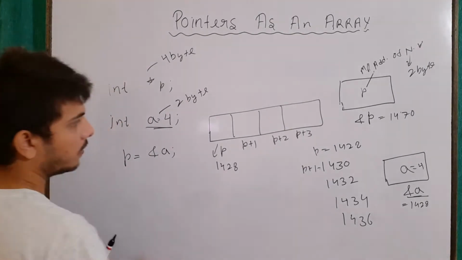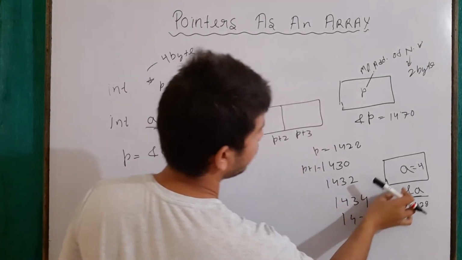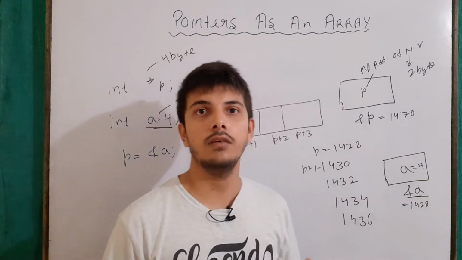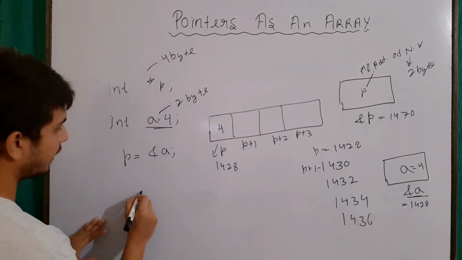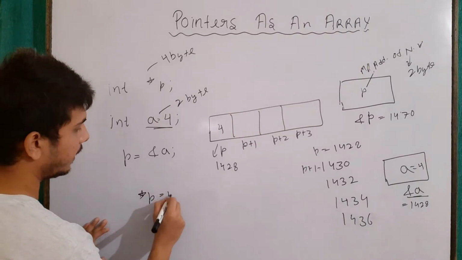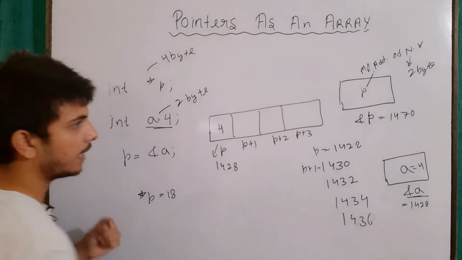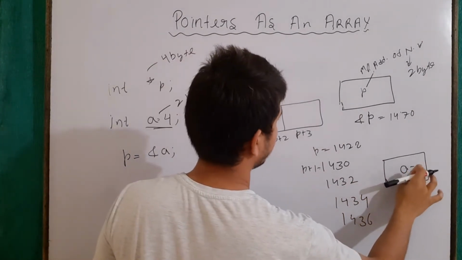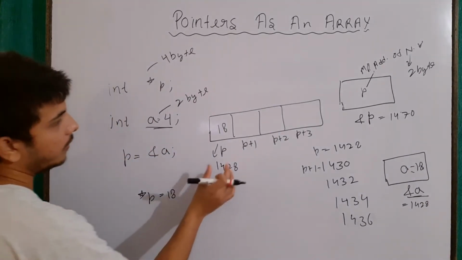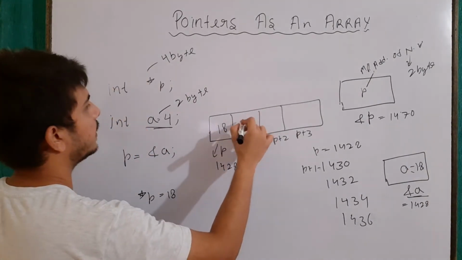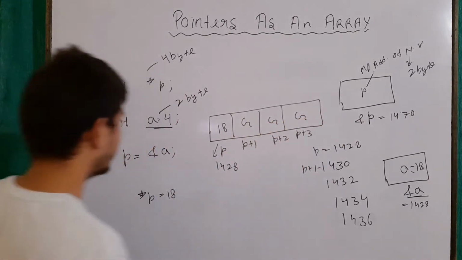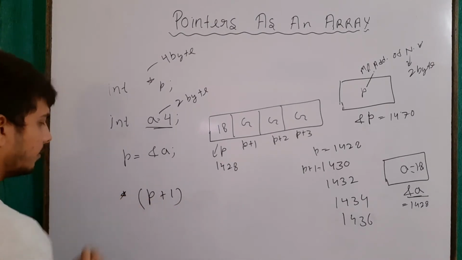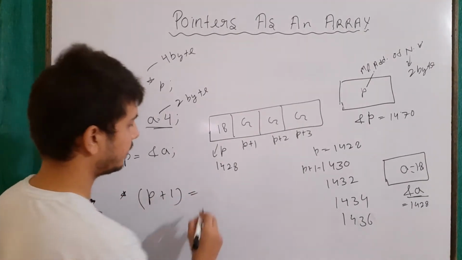Right now *p is holding the value of a, which is 4. Let's say I want to change it. To change the values we use dereferencing, so I can write something like *p = 18. Whatever is present in this address will be changed, so this will become 18. Now let's say I want to change this other value. We don't know what is present here; it is garbage. So to change this, I will write p plus 1, dereference it, and change it to some value, let's say 20.